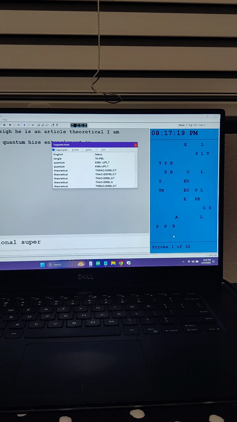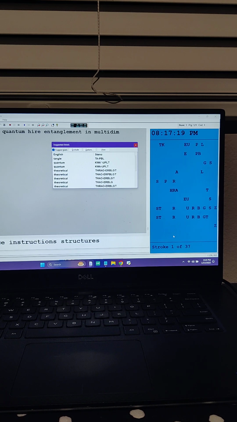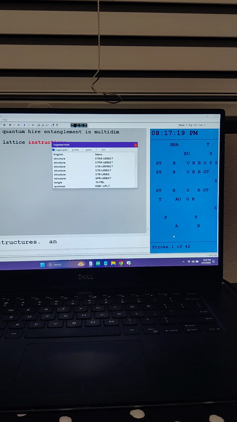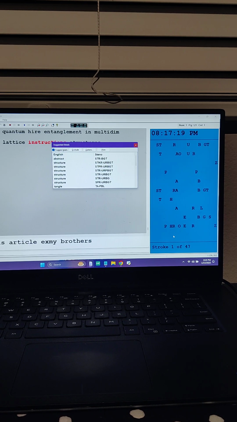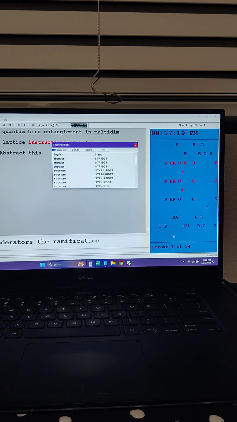And then super lattice structures. Oh, that's not the brief for structures. Structures. Or you could do structure. Abstract. This article explores. Wow. Really? Explores? Wow. Alright, whatever, explores the ramifications of quantum entanglement